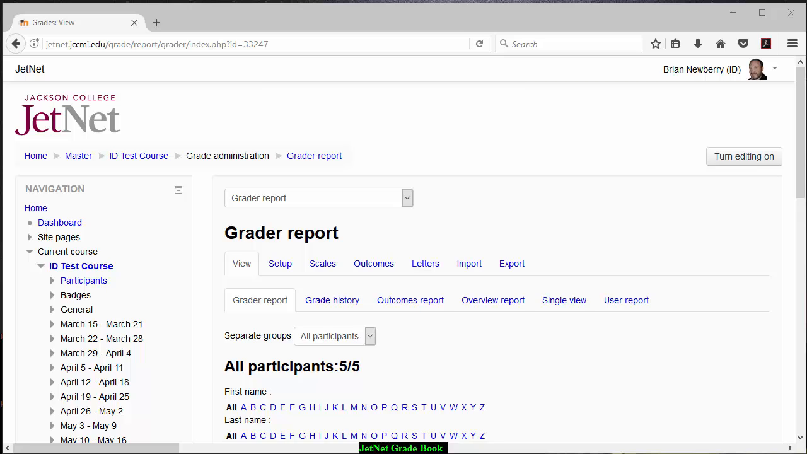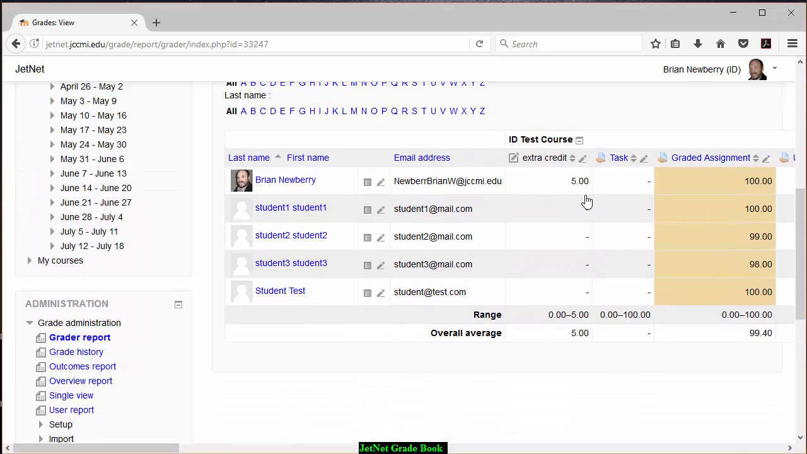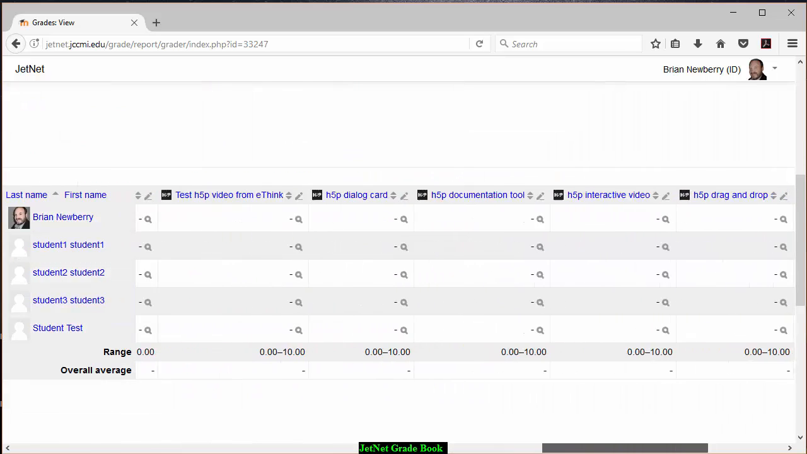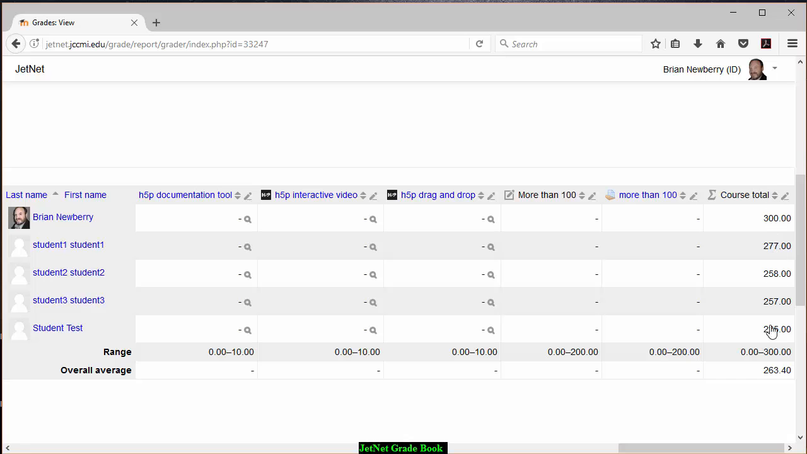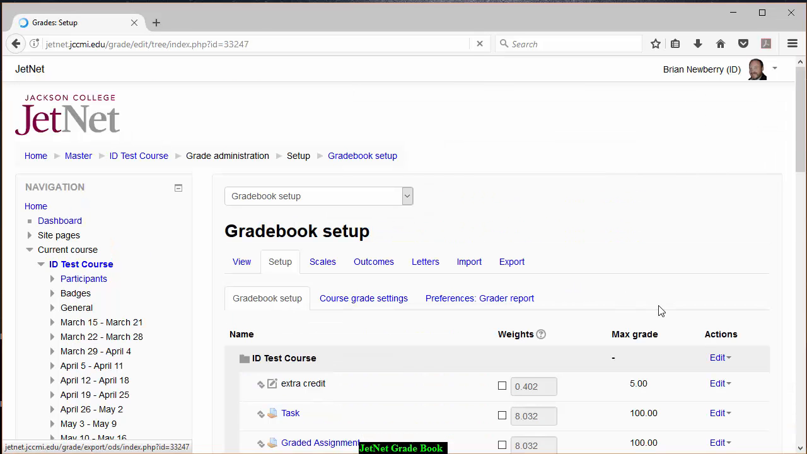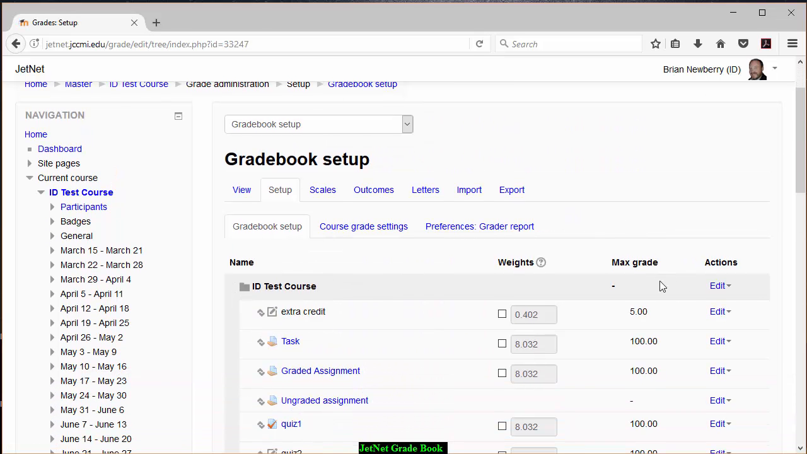JetNet gradebook, making sure that the gradebook displays percentages. So here we have a fairly typical gradebook. If we scroll over to the right, we can see that our course total currently is in points. That's because in our gradebook setup, our aggregation method in this root category